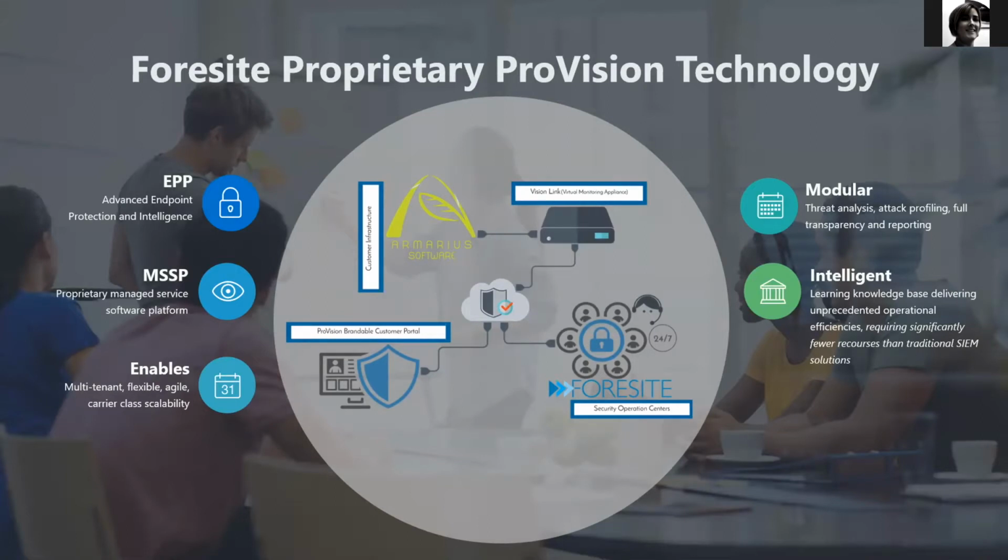So Tom, can you talk a little bit about how the log info from Armarius and other sources is collected in our Provision solution and monitored? Sure. So Provision is basically a managed SIEM. Some people would call it an MDR, some people would call it something else, but basically what it does is it collects logs from all over the place, all over your organization, wherever you feel your sensitive data is. It gathers all this information. It uses our secret sauce to basically regulate, normalize that information so that